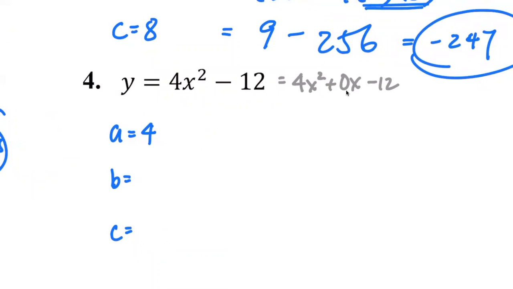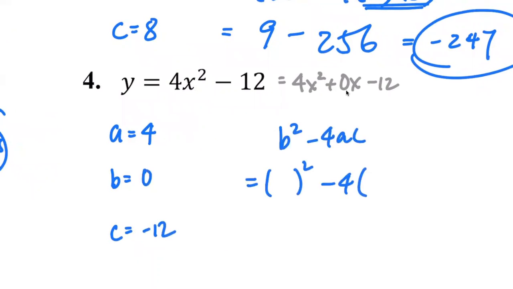And that means we have B value equal to 0 and C value equal to -12. And that means we have B squared minus 4AC. 0 plus, as you can see, it's a plus, so you know it's two real roots,